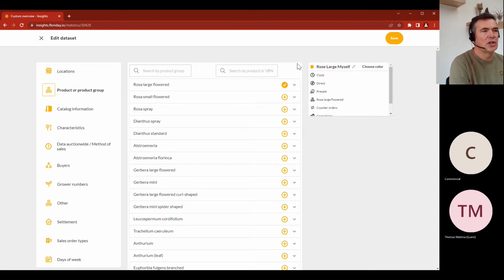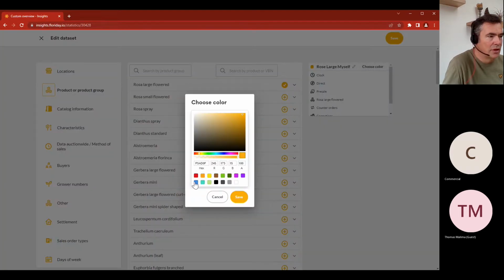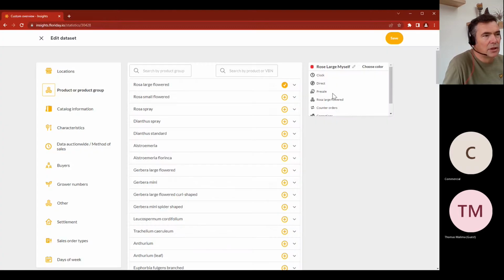I want to see my own prices. These are all the options that are active at this moment. I can choose the color of the data set I want to see. I want to see this in red. This is clock direct pre-sale. These are some default settings. A rose large round has been added, and all kinds of different orders: the normal orders, counter orders, and the corrections. And if I save this